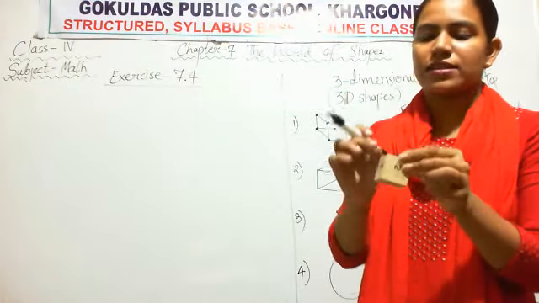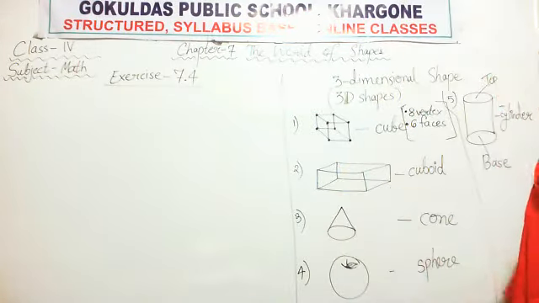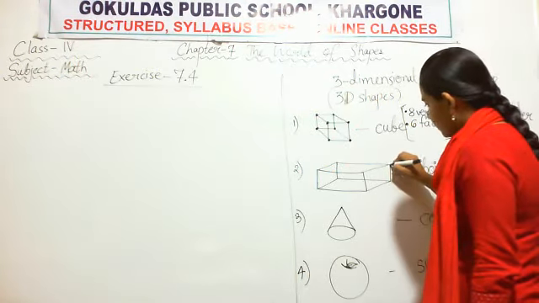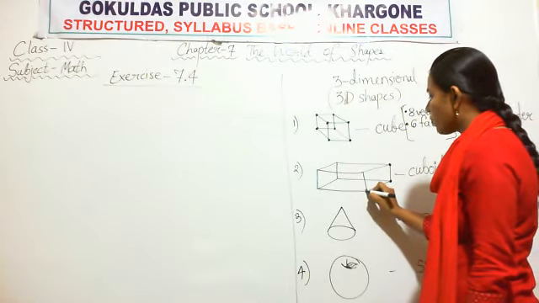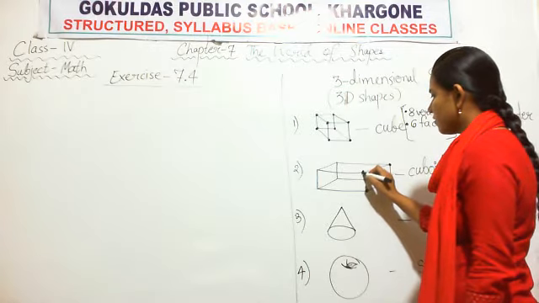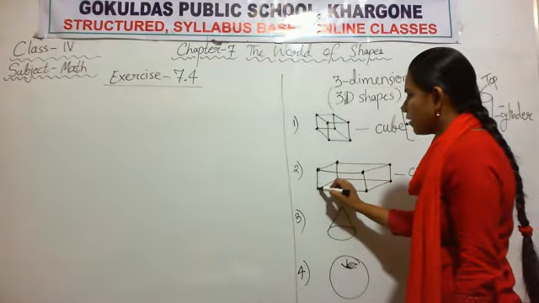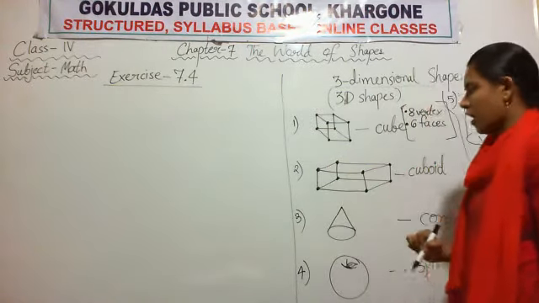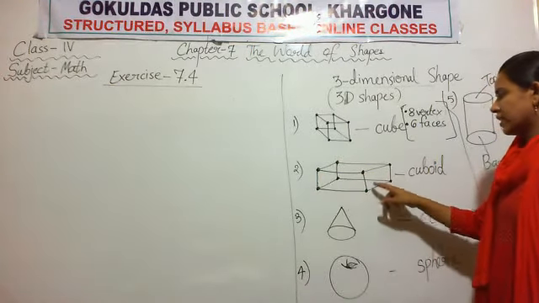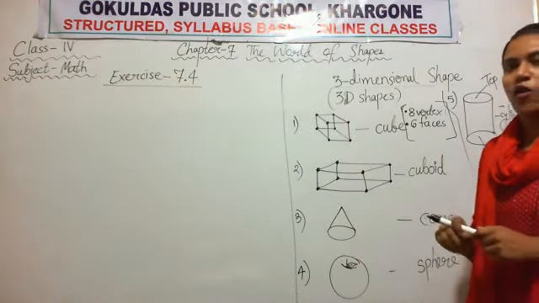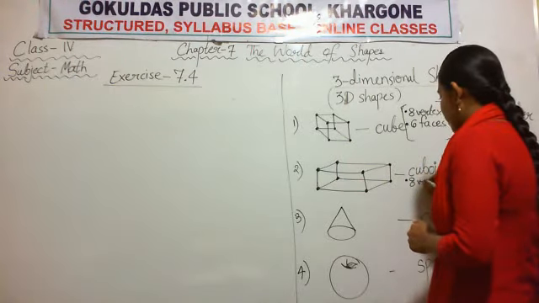Cube has 6 faces, 8 vertex. Okay. Now let us discuss about cuboid. So count the number of vertex in the cuboid. Vertex is a meeting point of 2 or more than 2 line segments. So it is also vertex, meeting point, meeting point. Now count how many vertex in the figure. 1, 2, 3, 4, 5, 6, 7, 8. Cuboid also has 8 vertex.